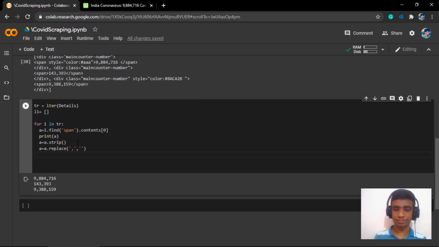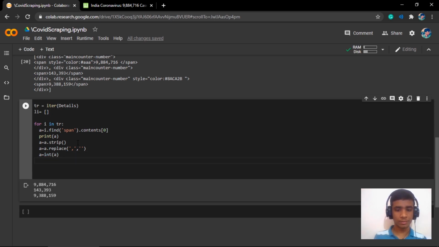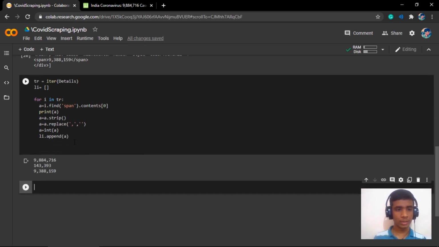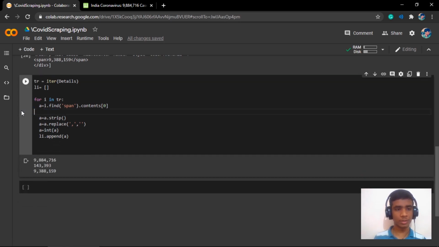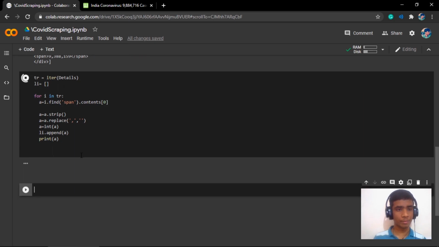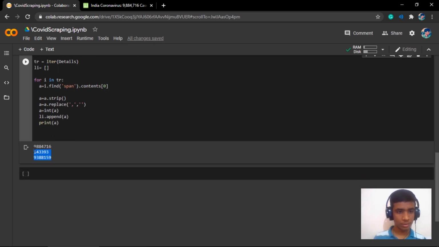Now I think everything is all right. Now we can say a is equal to int of a, and we can push this into our list, right? So if I remove this print statement and put it here, then we can see that we are able to get the data.